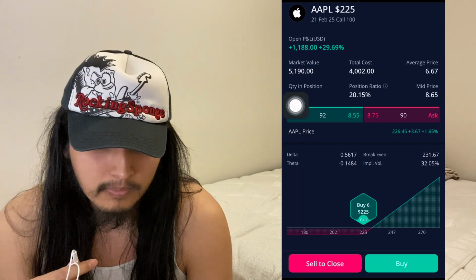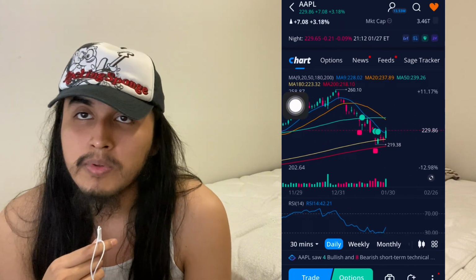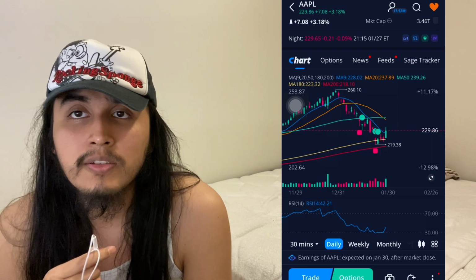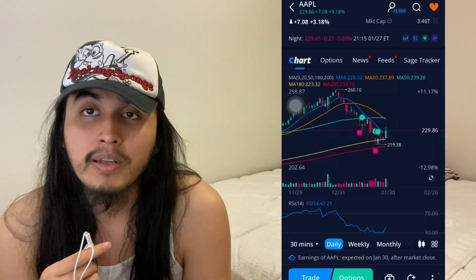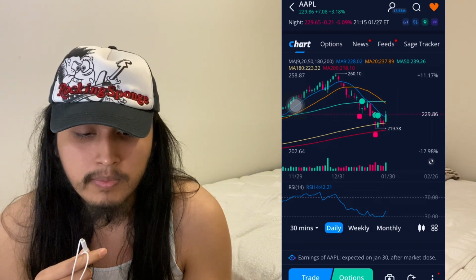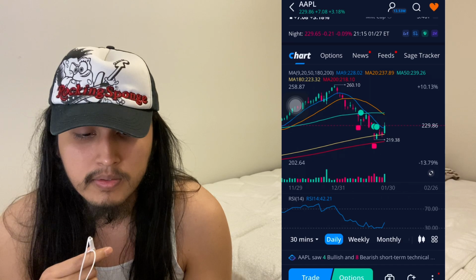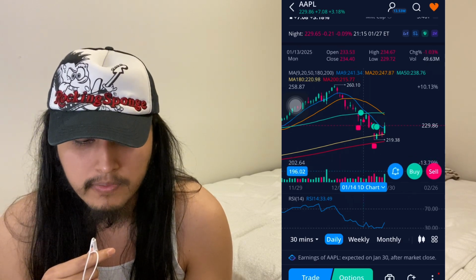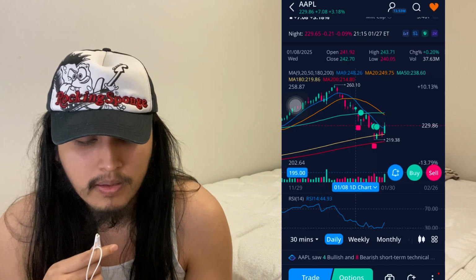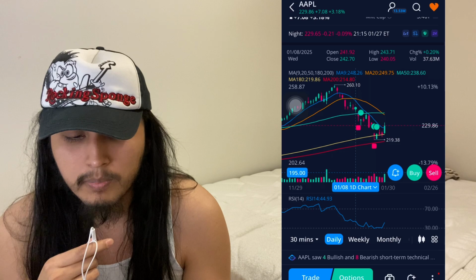So looking at Apple on the daily chart, I didn't use the 30-minute time chart or none of that, really, to be honest with you. This was a simple and easy trade, just looking directly at the daily chart. The game plan was, I saw that Apple was moving below the 9-day moving average, somewhere around here. So on January 8th, I waited to see if Apple could break below the 50-day